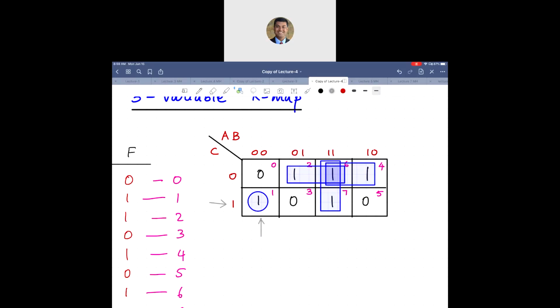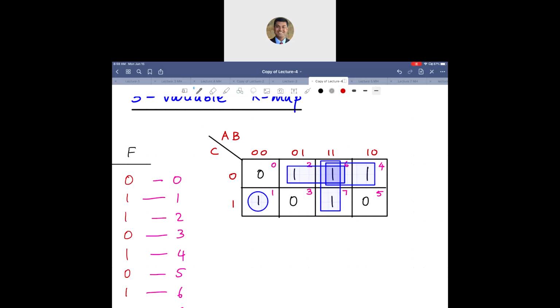The adjacencies for cell number 1 are this guy, this guy, this guy. 3 adjacencies in a 3 variable K-map. But all those 3 adjacencies are zeros, which is why it doesn't have any 1 to combine with. So let me erase that out here